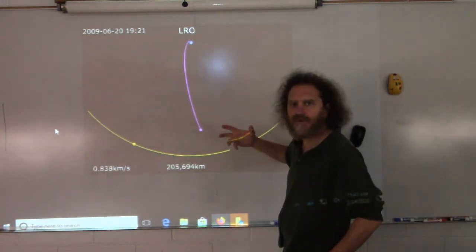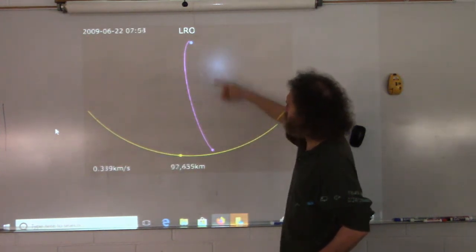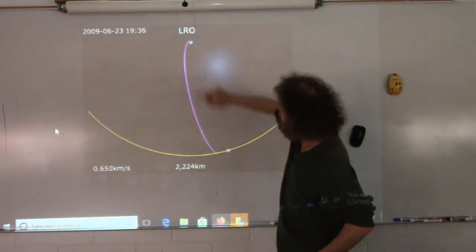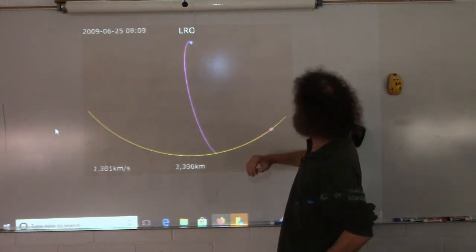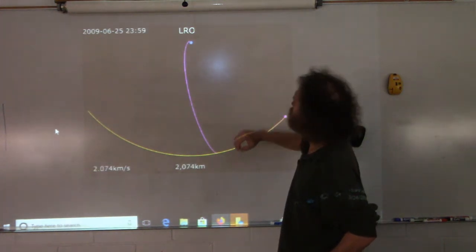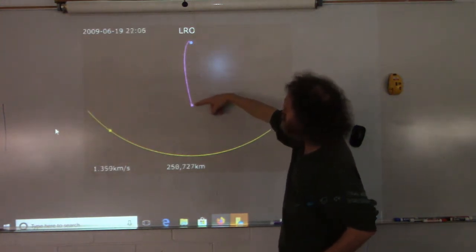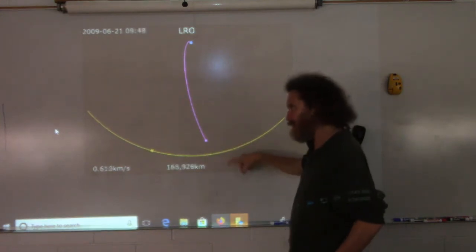It's been orbiting the moon since 2009 or something. And this describes, here's the moon orbiting the Earth. There's the Earth right there. And let's just wait for this to go over again. So it was launched from the Earth on a rocket and sent on a particular trajectory so that it would get to the moon at just the right time when the moon was there in a way to go into